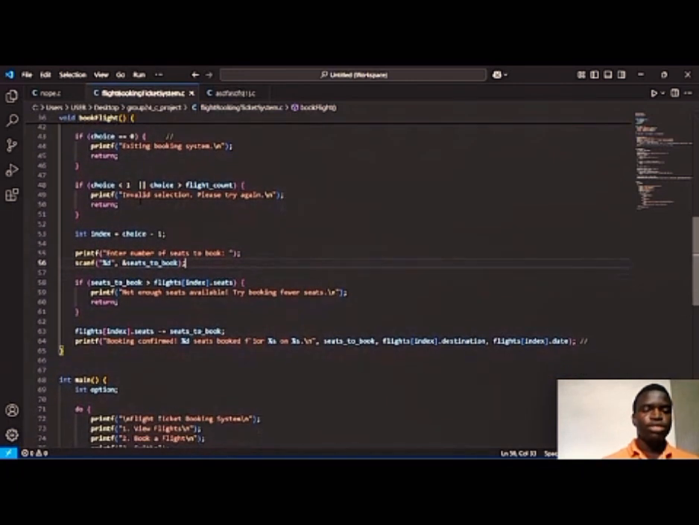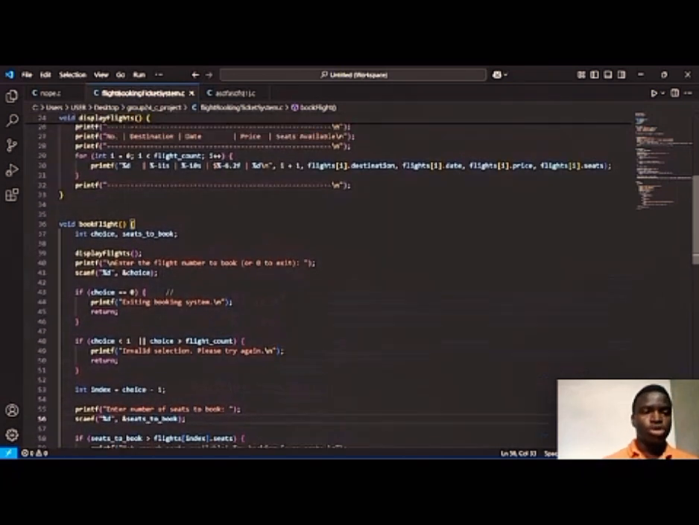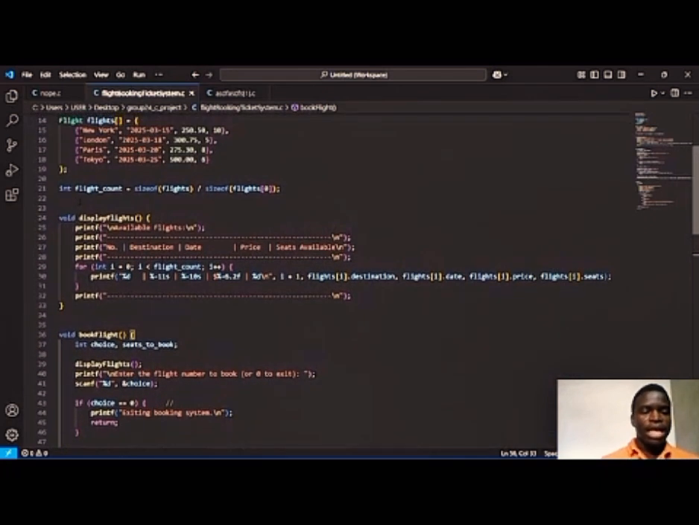From line 48, we could see that if the user choice is less than 1 or the user choice is greater than flight_count, printf "Invalid selection, please try again", return. What this part of the code does is that if the user enters values that are less than 1, that is negative values, or the user choice is greater than the required amount of values, which is being set to flight_count. The flight_count, which was initially defined over here in the code as being equal to